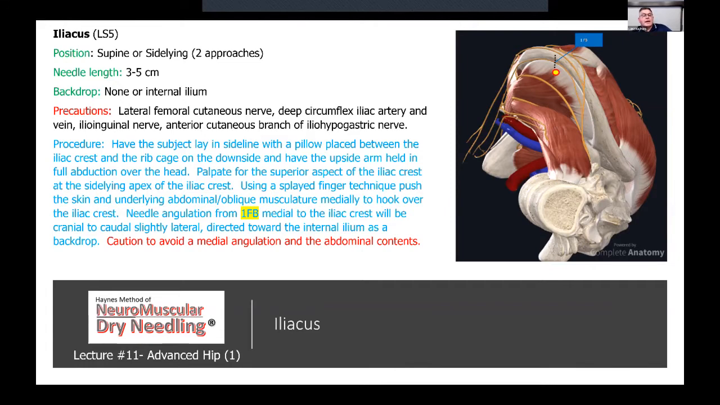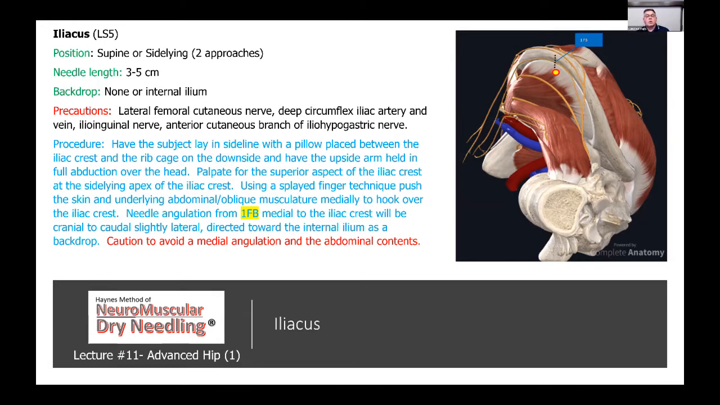Here, the patient is going to lay in sidelying. The pillow is going to be placed between the iliac crest and the rib cage on the downside, and have the upside arm held in full abduction over the head. The whole reason for that is to open up the space between the superior aspect of the iliac crest and that lower rib. We're going to palpate for the superior aspect of the iliac crest at the apex of